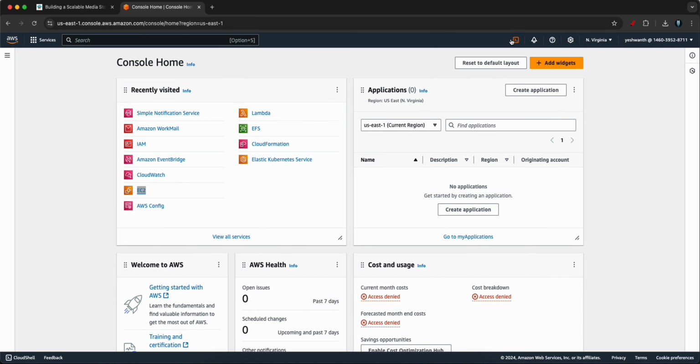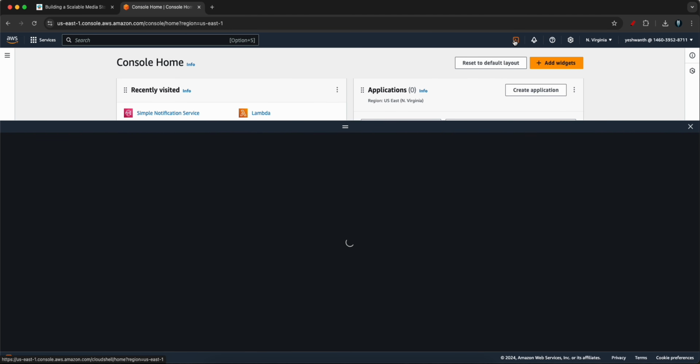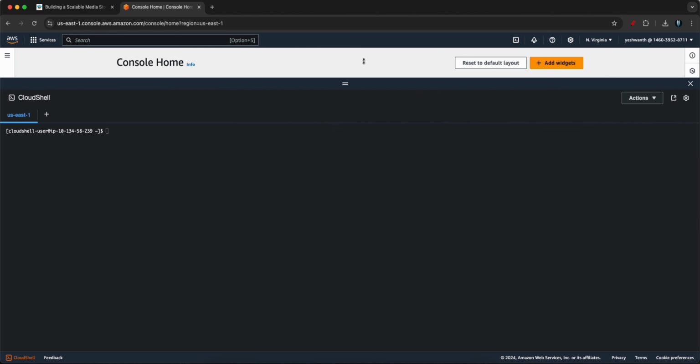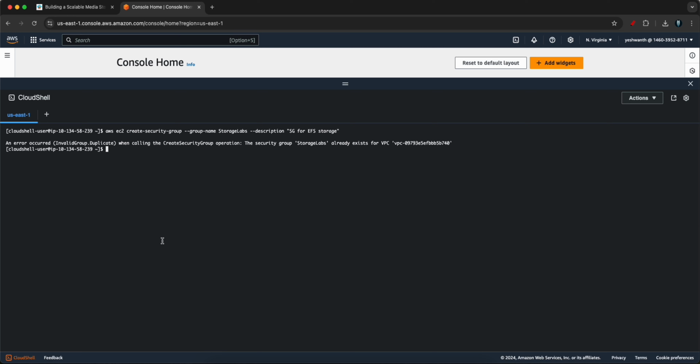So what I'll do is open CloudShell here. If you see here, AWS CloudShell, you just have to click on this and it will open a shell for you in the browser itself, and we can interact with AWS resources using this CloudShell, right? So we don't have to install anything. This is one good way of doing things on cloud, right? So let me just expand this a bit. I'll paste the command that I just copied and hit enter,